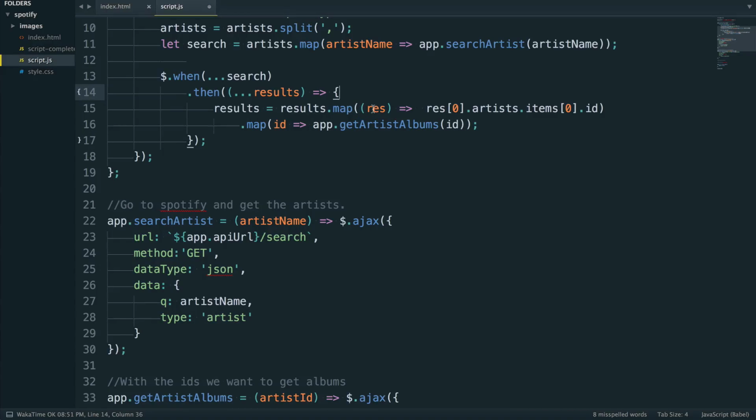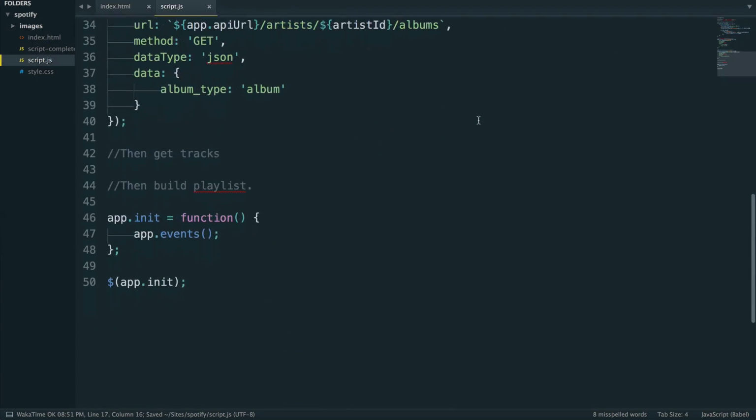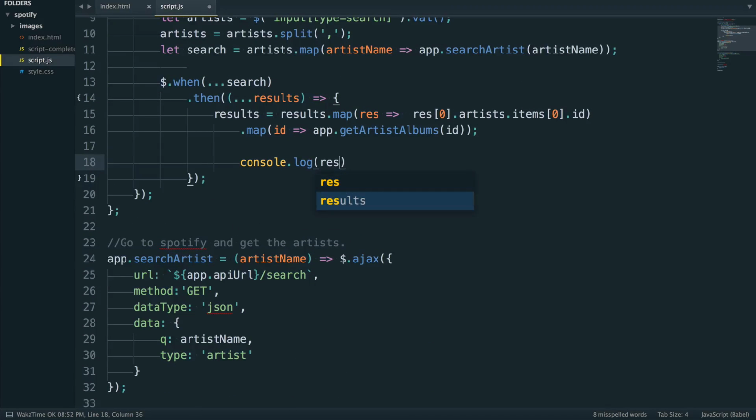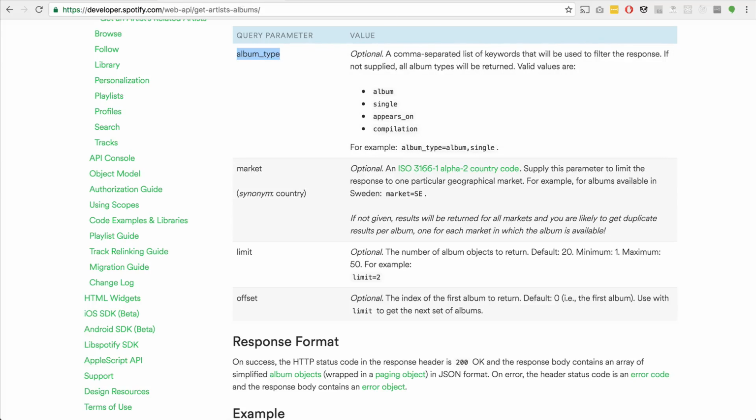I know I keep flip-flopping between putting parentheses around a single parameter or not. But with arrow functions, when you have a single parameter, you can remove the parentheses and make it look a little bit nicer. But don't move it around like that. Cool. So now, if we go console.log results, we should have,